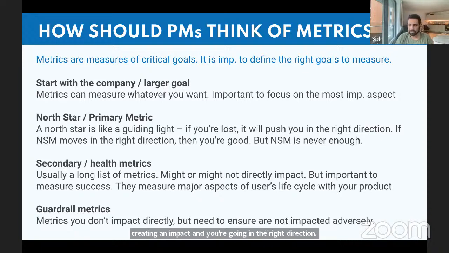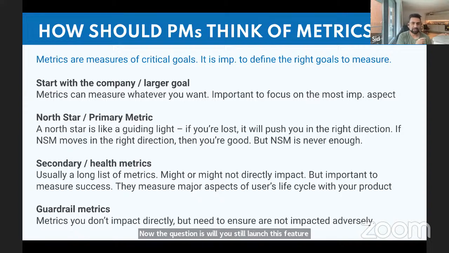The last one is what I call guardrail. Guardrails are metrics that you don't necessarily impact through your product, but you want to ensure that these metrics don't drop, right? So what that means is, let's say you're a PM of, again, going back to the Instagram Reels example, and there is a new feature that you launched on Reels, which has increased the engagement on the Reels, but it has decreased engagement overall for Instagram as a whole. As a result, the revenue generated per user, or the average revenue per user, has dipped. Now the question is, will you still launch this feature on Reels or not?